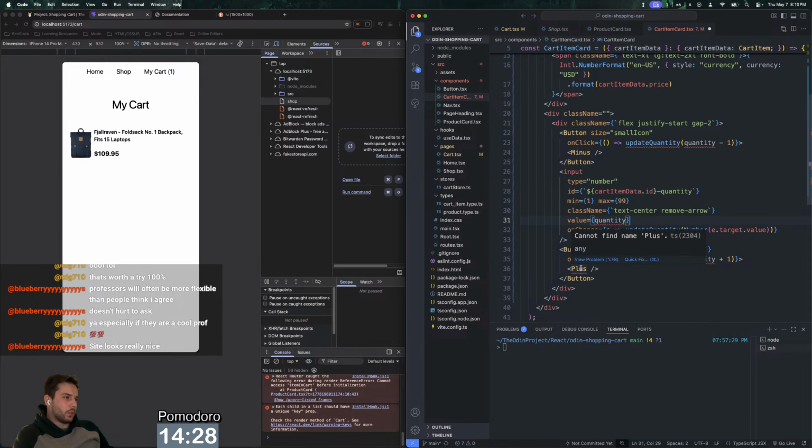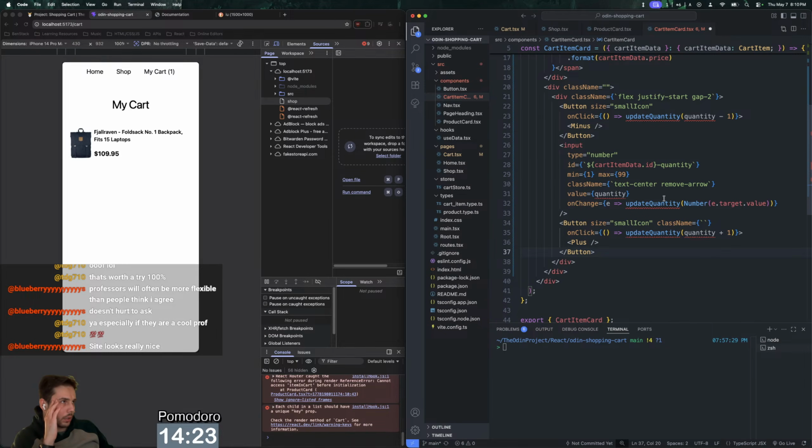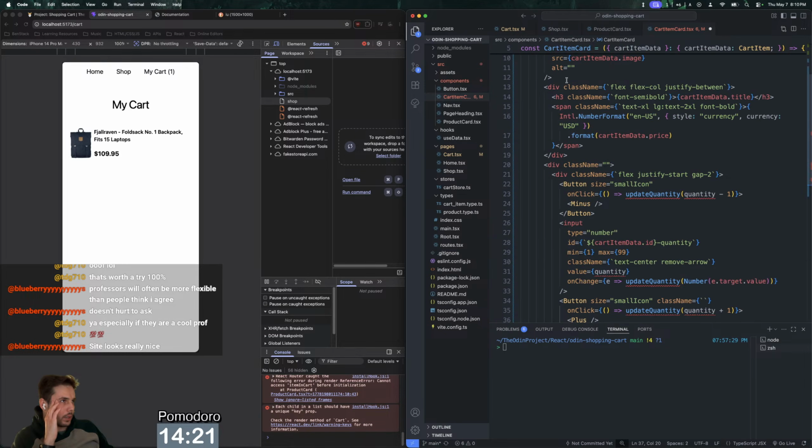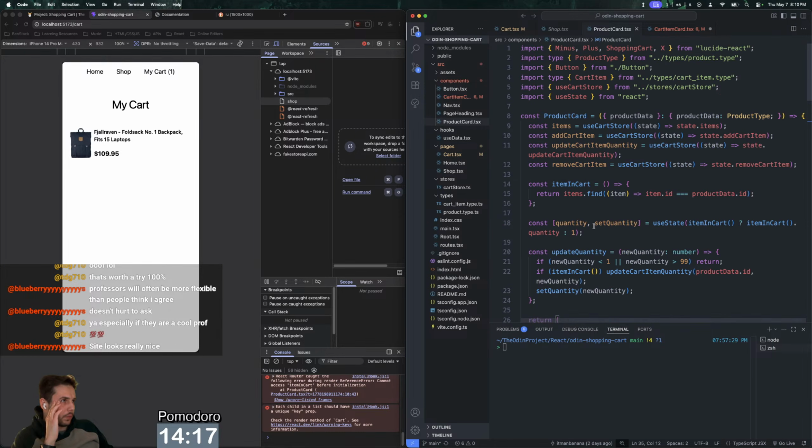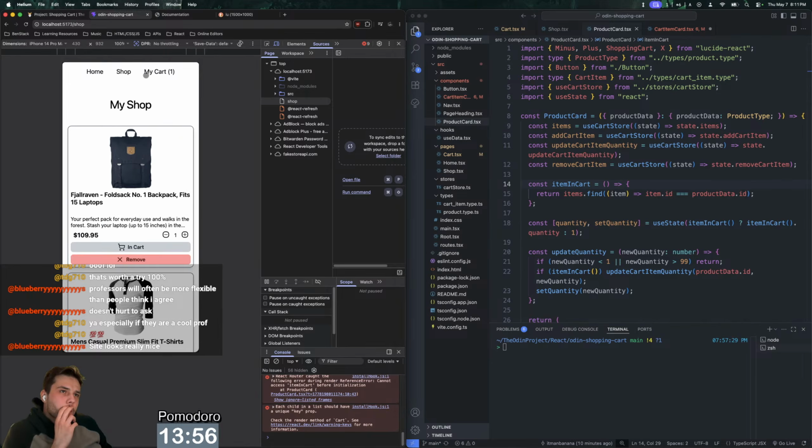Yeah, then we need obviously this update quantity is going to break, because we don't have the quantity state in here, so we're probably going to have to, this is kind of annoying, but we're probably going to have to duplicate this. So we're going to need items, update cart item quantity. Again, if I were doing this, I mean, honestly, realistically, the problem with